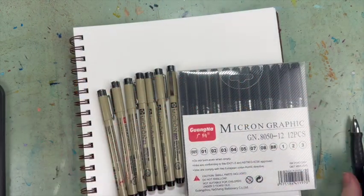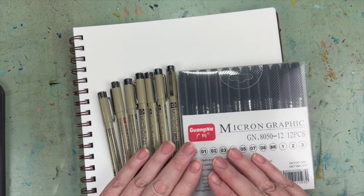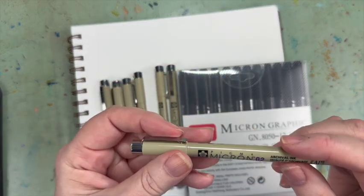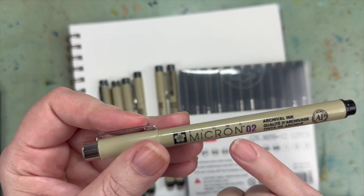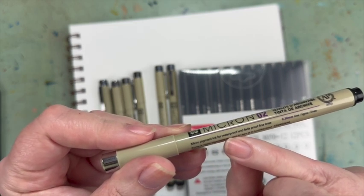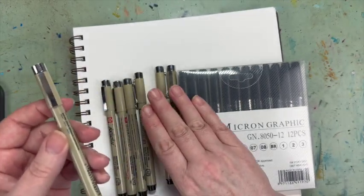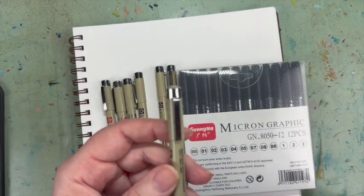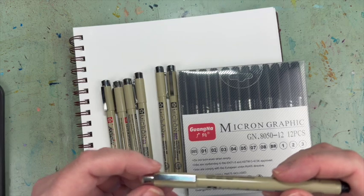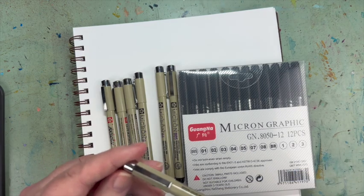Okay, so here's the supply I'm talking about. This is a micron pen. Now, what is a micron pen? It's actually this brand. Whoops, I almost lost it there. I'll get this one. This is a Pigma micron pen. It has archival ink, and what it says here, it's micron pigment ink for waterproof and fade-proof lines. And not only lines, but fine lines. This set that I have and this set here, they can produce really fine lines. And that's what you're wanting if you're wanting to do a technical drawing, or even, say, a drawing cross-hatching or hatching or pointillism. And we'll get into that. We'll do some works with that type of